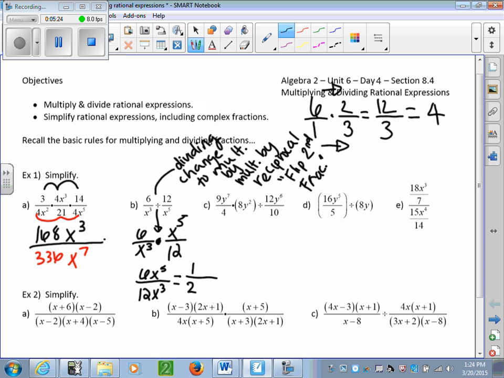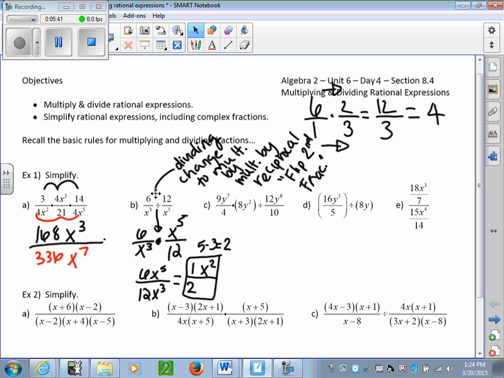I'll leave space for my x's, so x to the 5th divided by x cubed, I subtract my exponents, so I have 5 minus 3, which equals 2, so that means I have an x squared. Okay, so I have 1/2 x squared, and that's D. All right, so